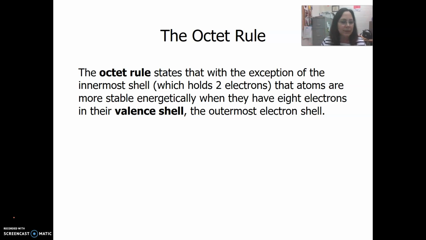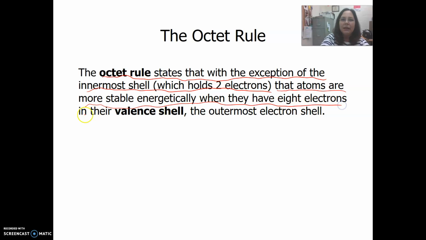We were talking about the octet rule, and you can see here what the definition is. The octet rule is a rule for all elements, and it states that, except for the innermost electron shell, because the innermost shell only holds 2 electrons, we say that it is filled when it has 2 electrons. Atoms are more stable when they have 8 electrons in their valence shell, and their valence shell is the outermost